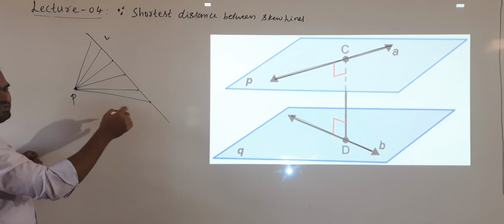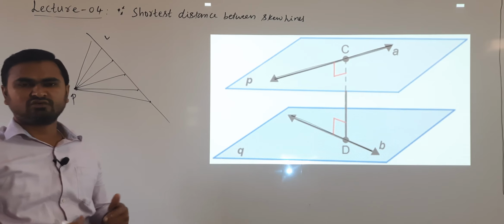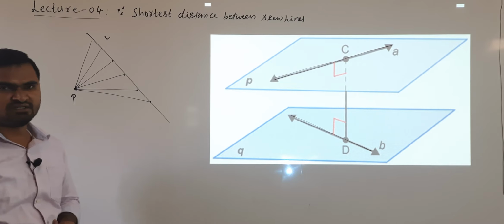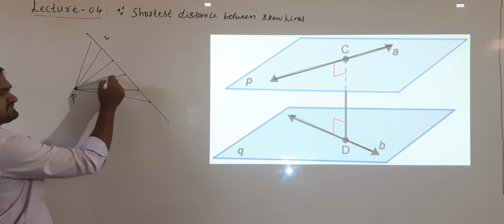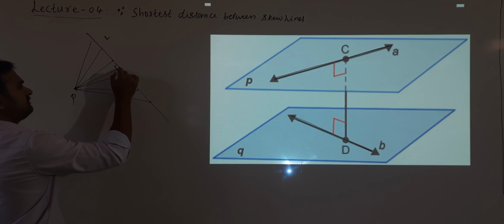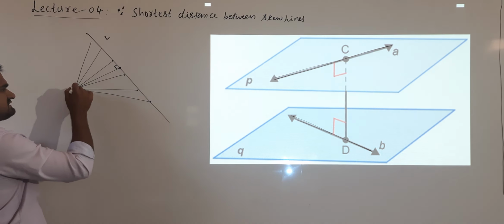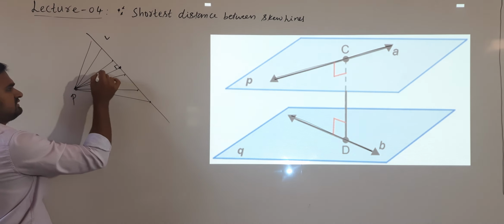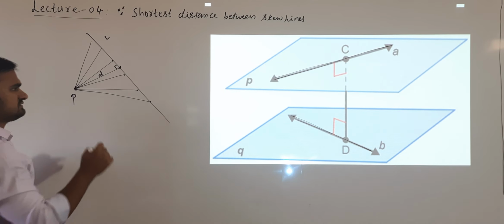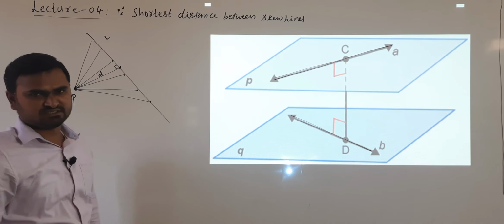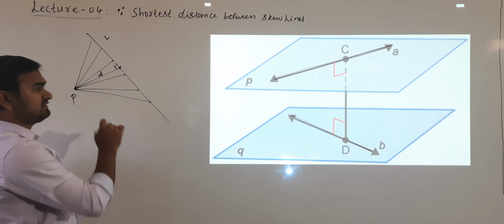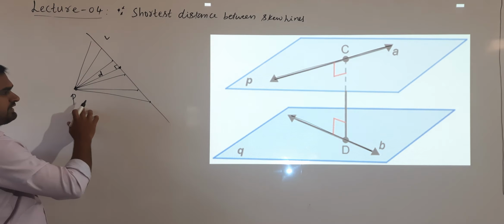So, there exist infinitely many distances, but out of all these distances, which distance will we consider? Whether it is mentioned or not mentioned, we always consider the perpendicular distance. From the point, if you draw a perpendicular onto the line, where it meets the line, if I measure the distance along these points, that will be the required distance between point and line. Understand? Whenever we are finding the distance, it means we are finding the shortest distance, and that will be found by taking the perpendicular, from point and line.